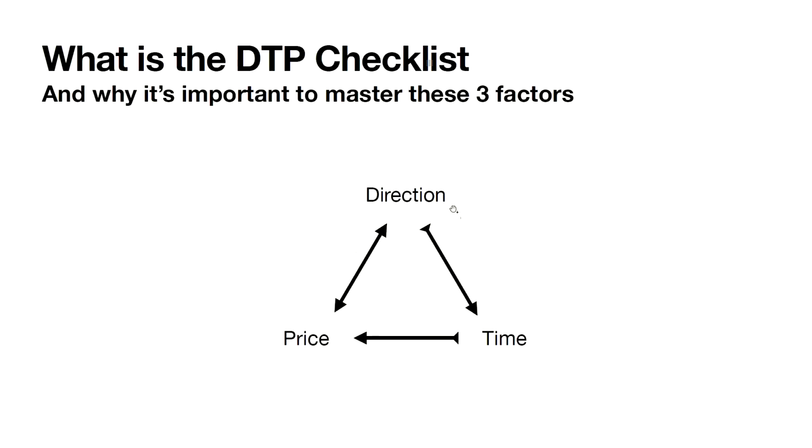Now, oftentimes what we do is we start off with the direction first. That's the easiest place to start in terms of step one of your analysis process. You want to immediately look at the chart, or even, if you don't look at the chart, based on some fundamental or economic data, you want to first establish the focus of your direction. We call that directional bias. If you don't have a clear sense of direction to focus, then there's no trade, because you wouldn't need to spend any effort or time to analyze it further when you have no high probability direction. So we always start off with the direction.